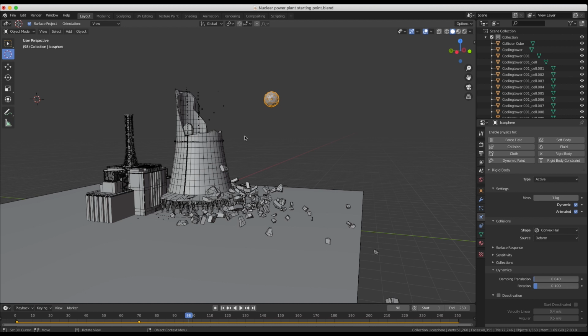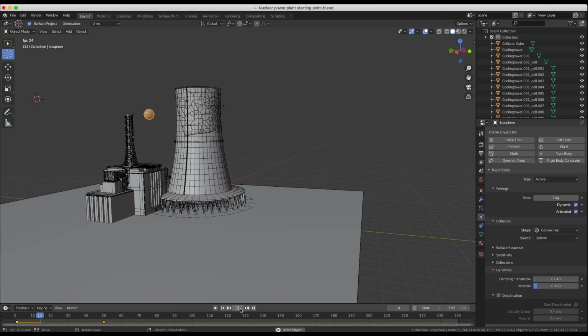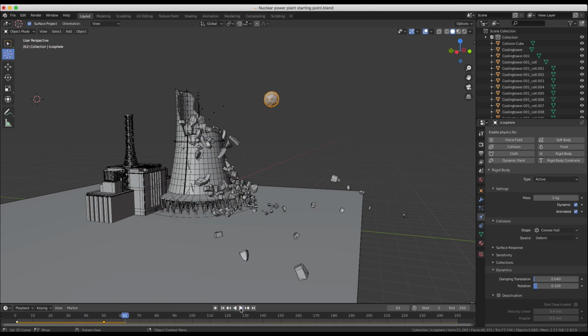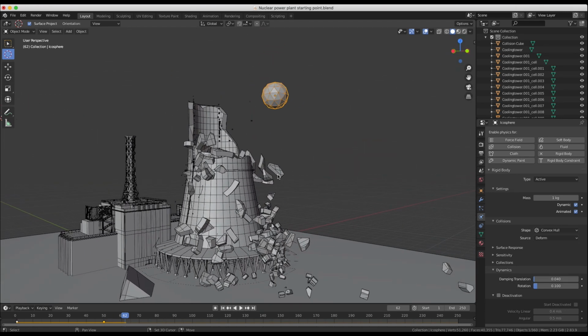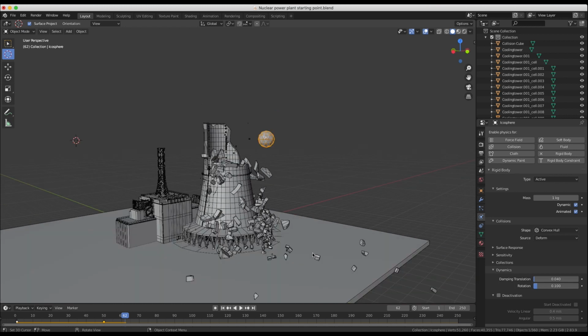I do want to add a little bit more force to our simulation here, so I'm going to grab our keyframe for our icosphere and make that object move a bit faster. So I'll bring it down to frame 50, try this out. Of course, there are so many different things you can mess with here, but I think this is looking pretty good for the sake of this tutorial, so I'm going to continue, but feel free to experiment with different rigid bodies